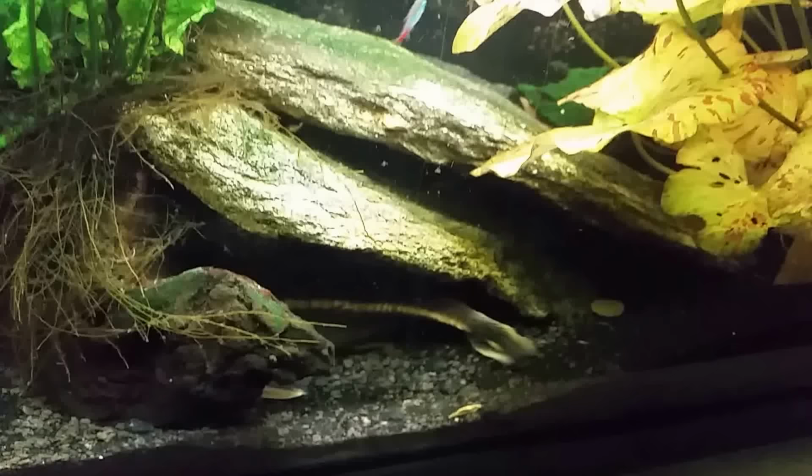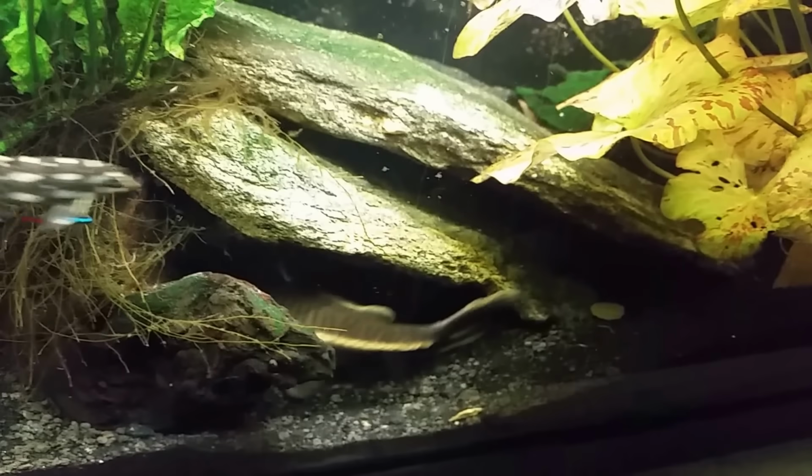And I watched him tonight. He was struggling to get out of there. You can see this algae wafer over to the right there. He was trying so desperately to get to that, and he just could not wiggle out of the cave. He was just too fat to get out of it. Now, I'm assuming he could obviously get out of it. I don't know if he went out the back or he can sort of turn himself sideways, but he was